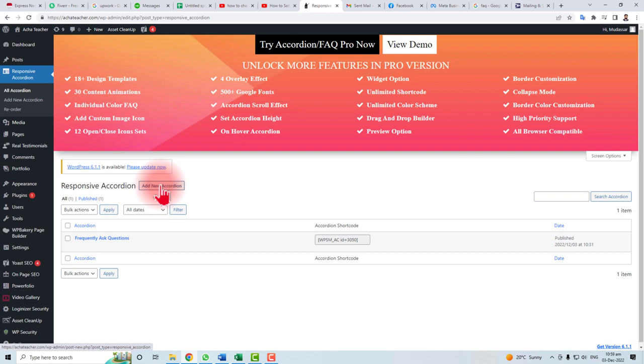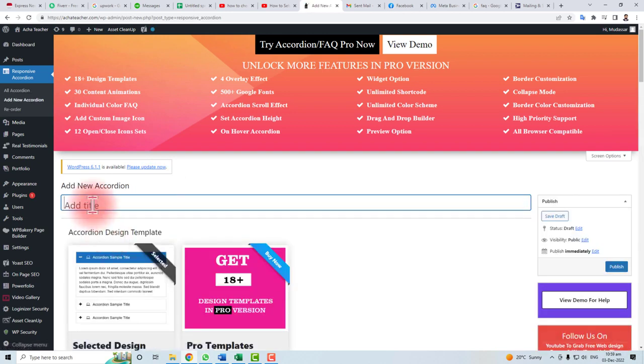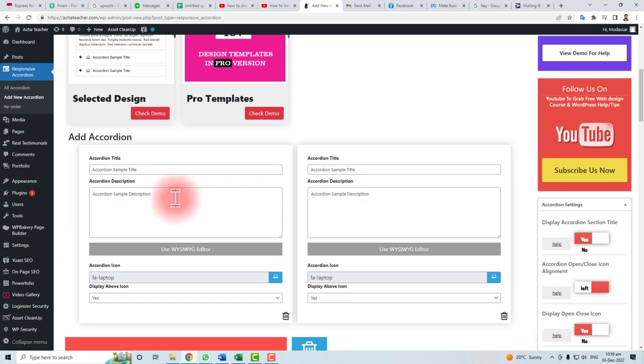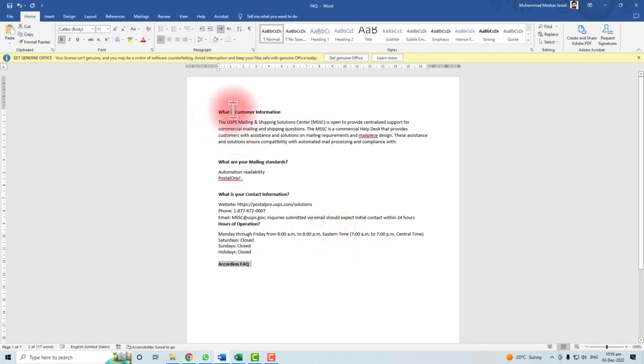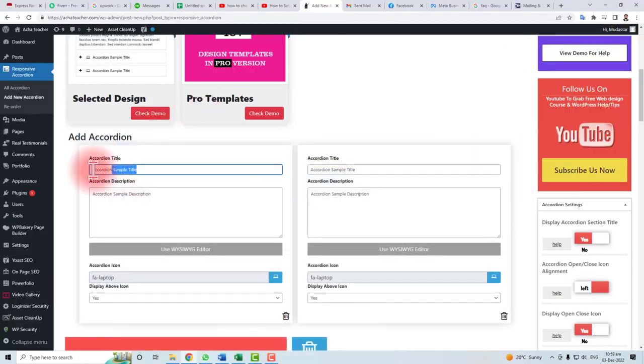I want to add a new accordion. Just click this and name your FAQ. I just type FAQ, and here you will find different sections. You may say different questions and their answers. I have a Microsoft Word file where I have some questions. I just copy this and paste here,